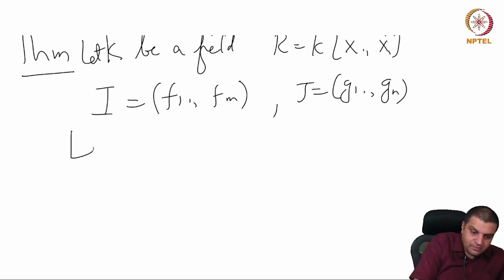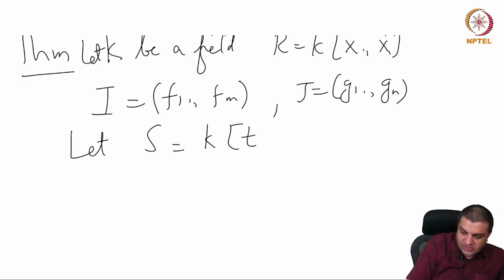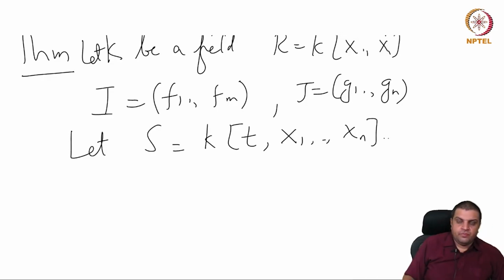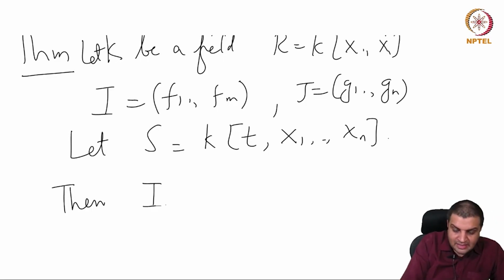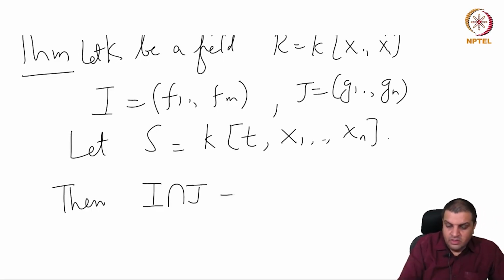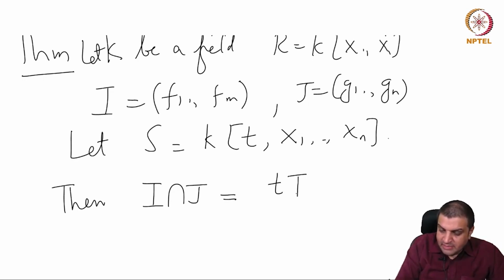Let S be a polynomial ring in one extra variable T, with x1 through xn. Then I intersect J is the ideal generated by T times I inside S plus 1 minus T times J,